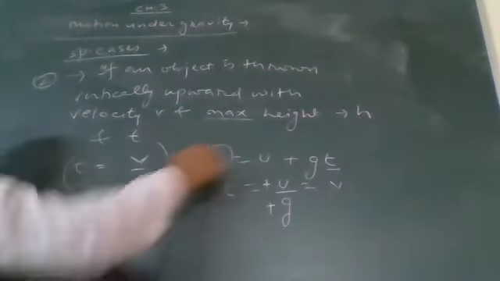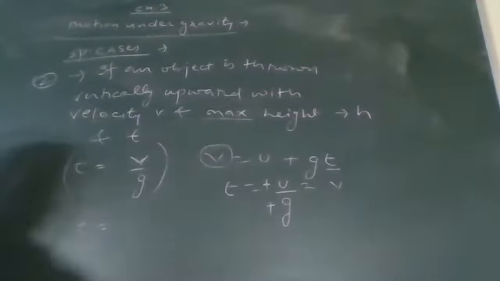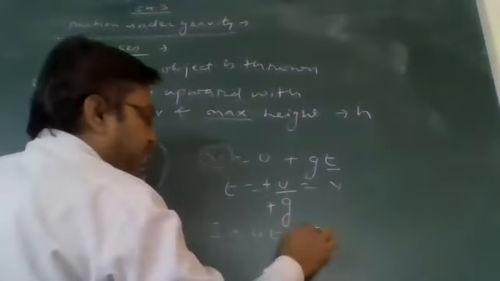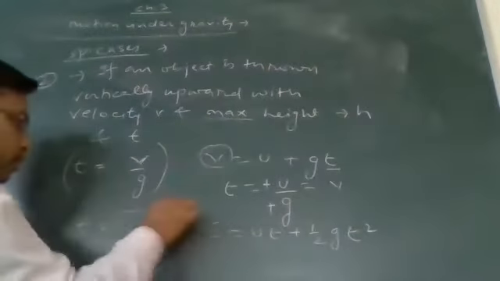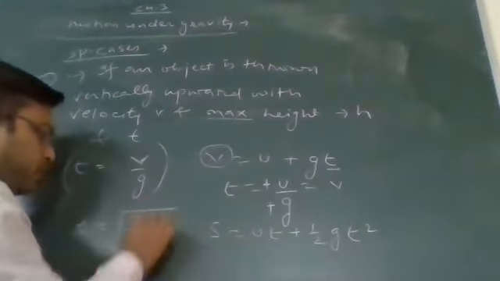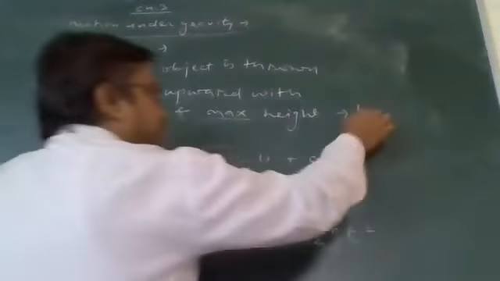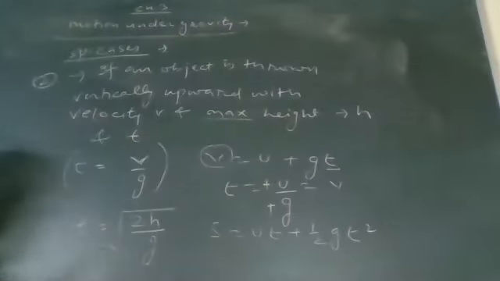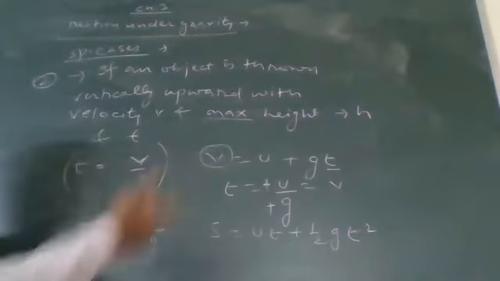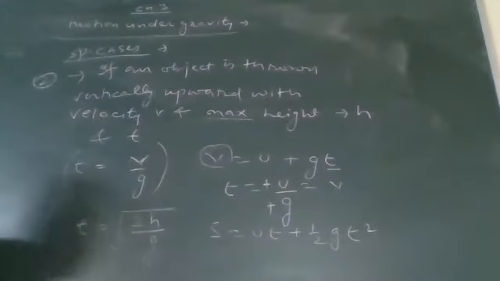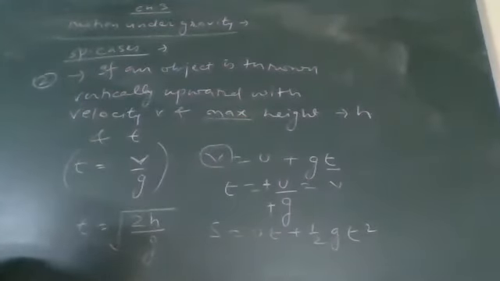Now, same thing. If I calculate the time by use of height, s is equal to ut plus half at square. If you want to utilize it, from there, time will be what? Time will be t is equal to root 2h by g. If the maximum height is h, then you can find time t is equal to root 2h by g. And if I am going to calculate velocity at a given height, what will be the velocity? That v is equal to root 2gh. See both points carefully.